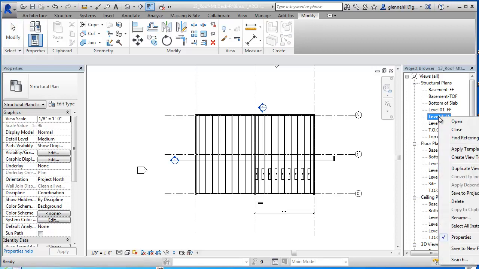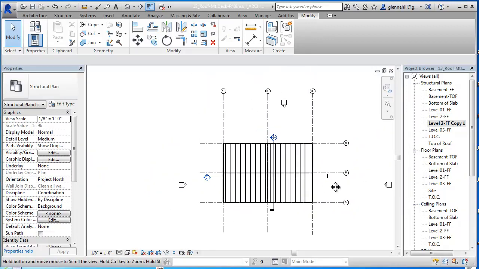So what I'm going to do is duplicate this view, okay, with detailing, so that any of the details like these dimensions or anything I might have put in there will also be saved in this duplication. If I do duplicate without detailing, then any kind of text or detailing that I may have put into the drawing will be dropped from it. So I'm going to say duplicate,